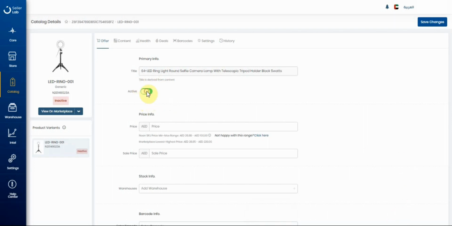and set a price. Under the price field, you will find two additional information which shows the maximum and minimum price allowed to be sold on Noon.com. And what is the current marketplace highest and lowest price offered by other sellers for this product. In case you would like to sell a product for a lower price or a higher price than the Noon SKU price minimum maximum range, you can click on the form next to it and submit a request to alter